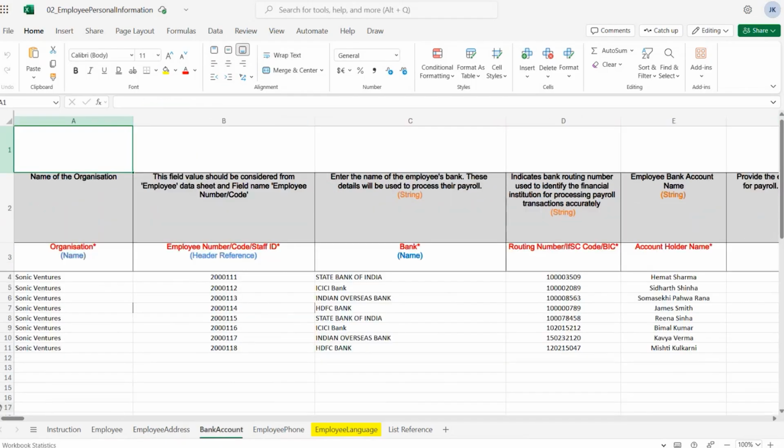Next, let's understand how to fill in the bank account template. You will enter the name of the organization the employee belongs to. This helps associate the bank account with the correct entity. Following this is the employee number. Provide the unique employee code or ID used within the organization. For example, for Onfinity, an employee number might be